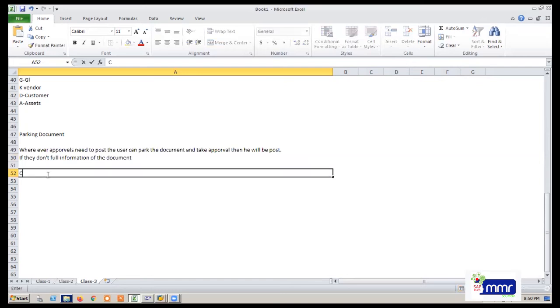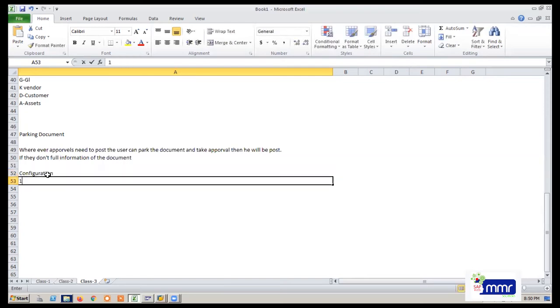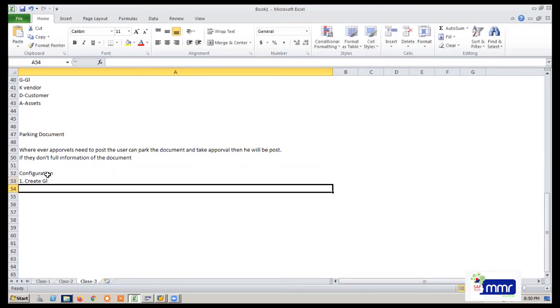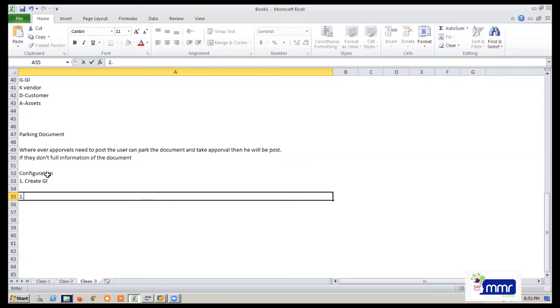What we have to do is the creation of the document and the creation of the GL accounts. Configuration, first step is to create GLs. We can use the GLs we already created. If you want to create some specific GLs, you can, but it is not needed.